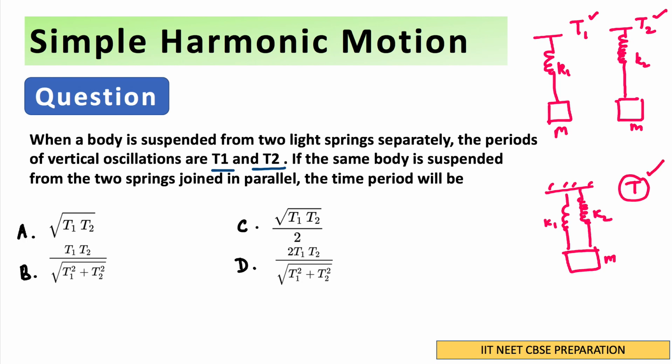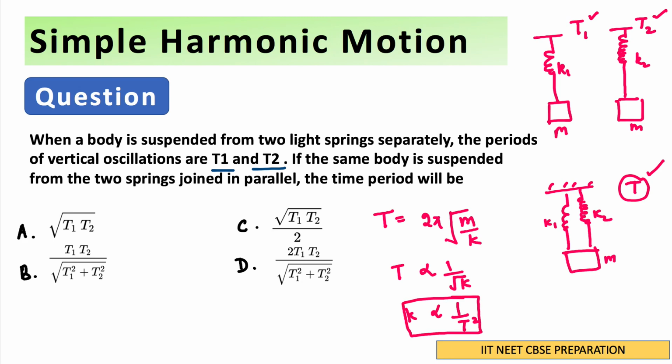So it is very simple, because we know the relationship between the time period and spring constant k. We know that T is nothing but 2 pi root over m by k. So from here, we know the time period is proportional to 1 by root k, or we can also write that k is proportional to 1 by T square. I just shifted the terms from the LHS to the RHS, that is all. So this relationship we have.